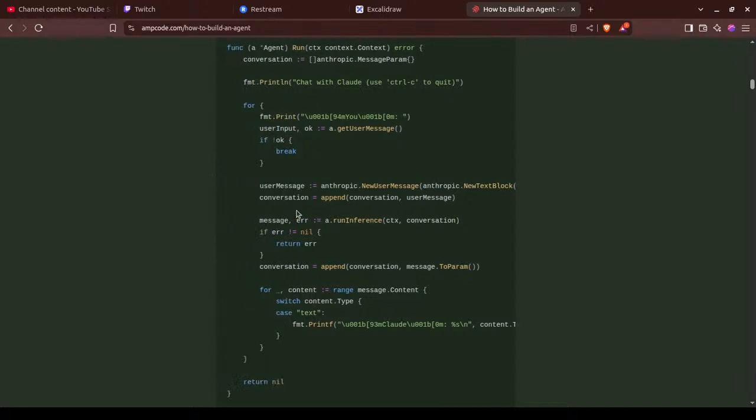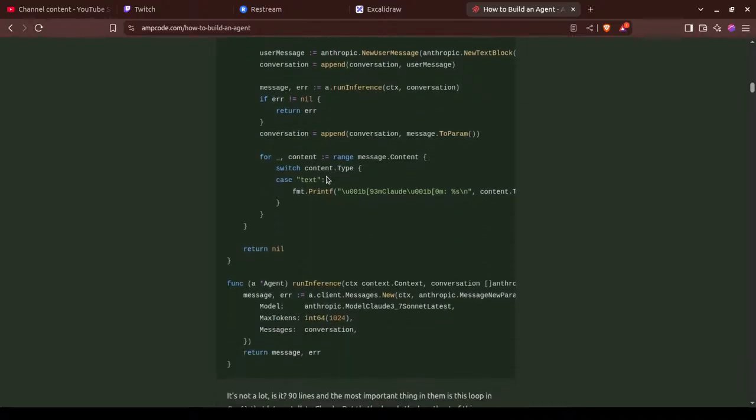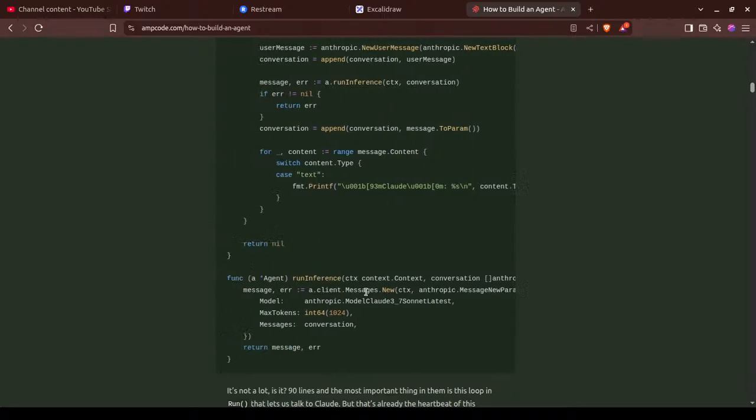New text block, conversation, append to conversation. We add the user message and then run the interface. What is an interface? Okay, is this actually calling the end? No, it's just creating the payload for sending to the API, right?